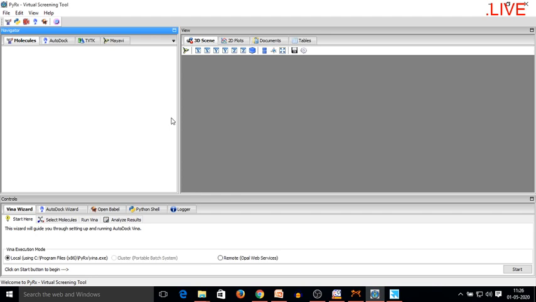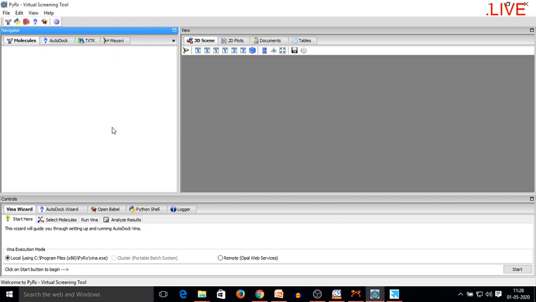Now the software, basically this is the home page. The home page is divided into three basic sections. This is the execution section. This is the particular file format visualization section, and this is the visualization section of the structures.